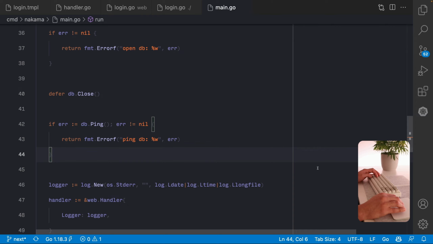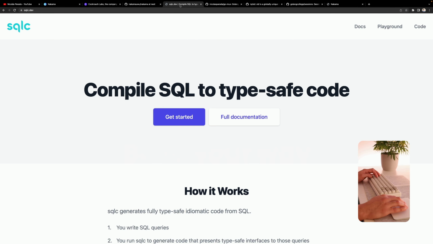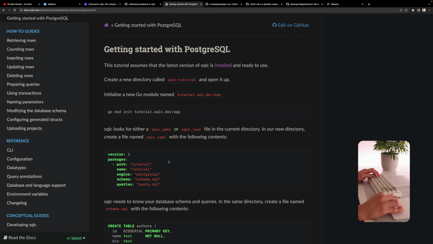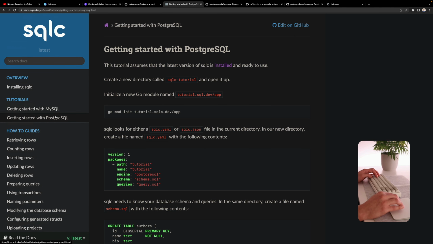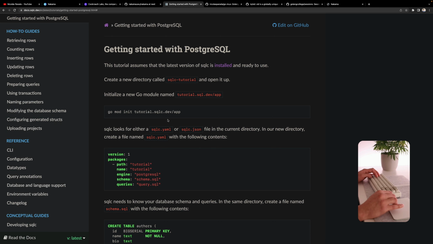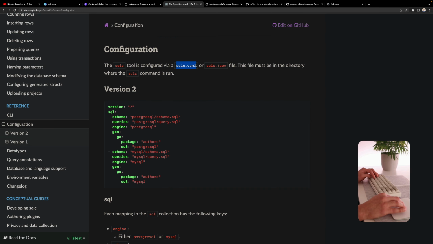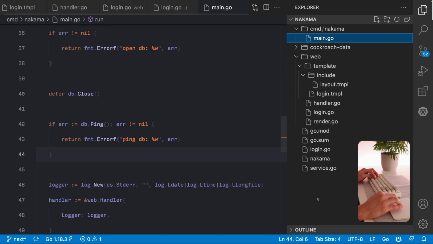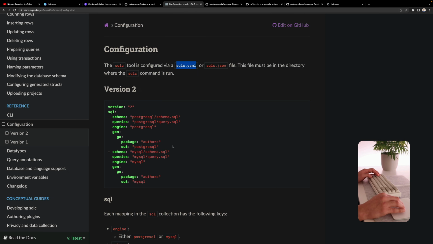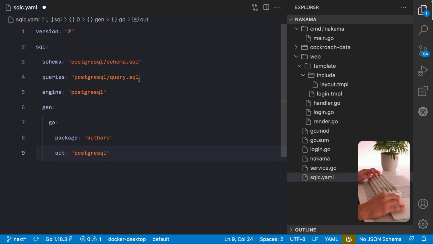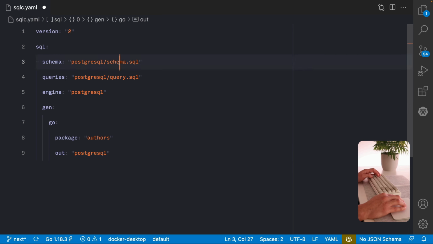And that's it. Now I'm gonna use a tool to generate the queries to the database called SQLC. Make sure to install it. It's pretty simple because it's written in Go. So the first thing you're gonna need is a configuration file called sqlc.yaml. So let's create it. And let's take this as an example. Let's copy it. And there. So we need to define a schema.sql file and a query.sql file. But I'm gonna change it to put it into the root directory.